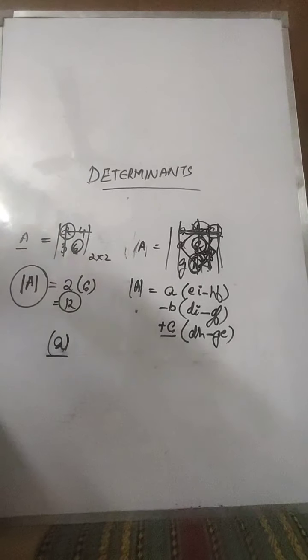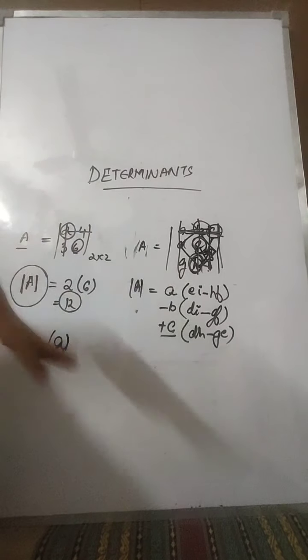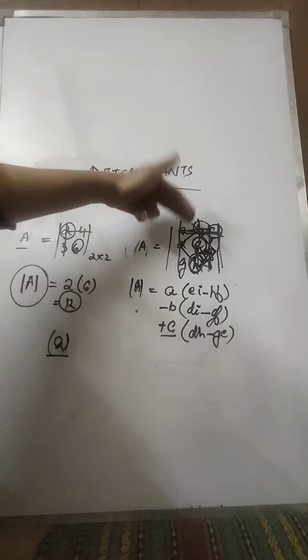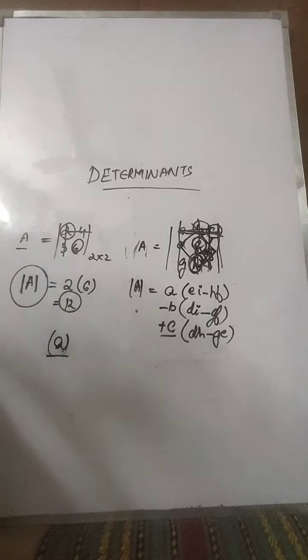Now coming on to the properties. Property number 1, whenever you are expanding any one of the rows that I have explained just now, if you are expanding row 1, 2 or 3 or column 1, 2 or 3, you will be getting the same values. You have to just be careful with the diamond values and calculation part.